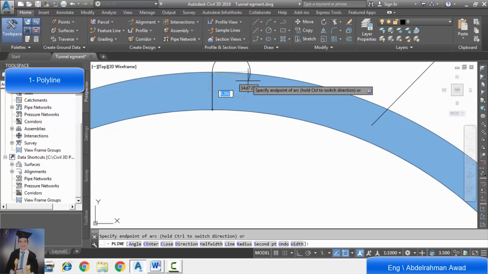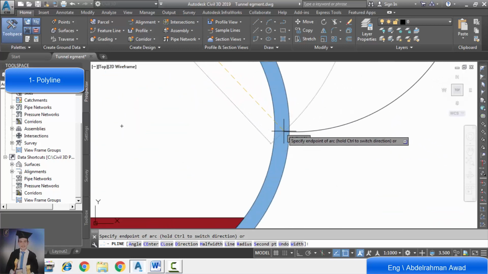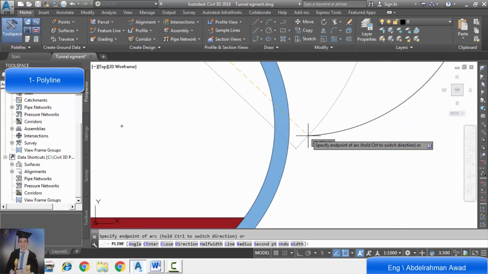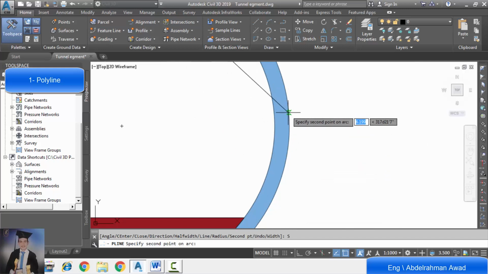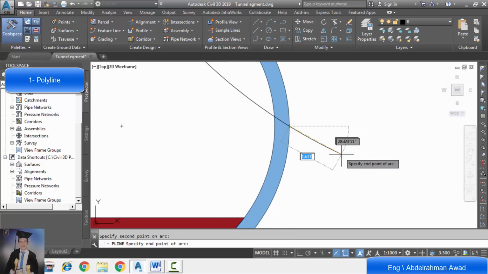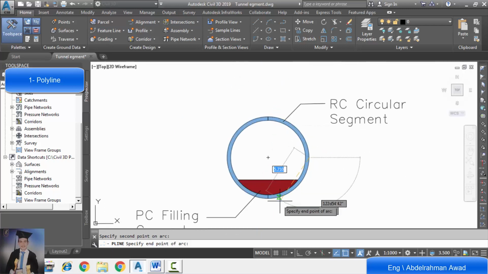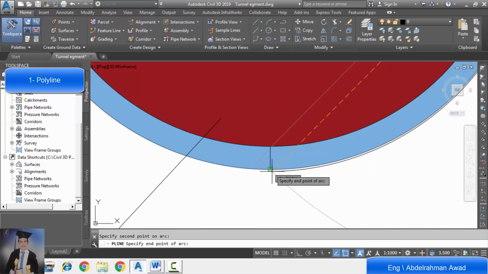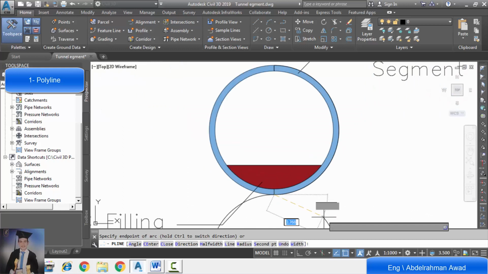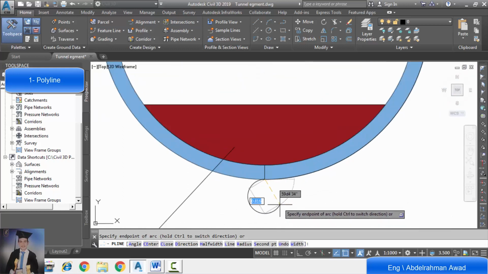The second point will be this point, which is the quadrant. So we will click on the second point or type S to activate it. We will click on the right quadrant, then we'll click the bottom quadrant, so the arc is implemented.